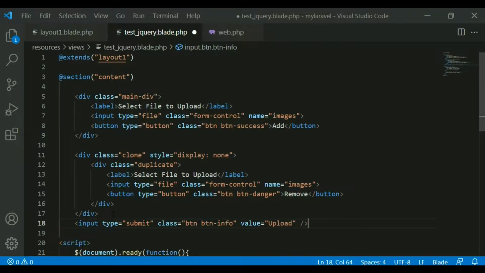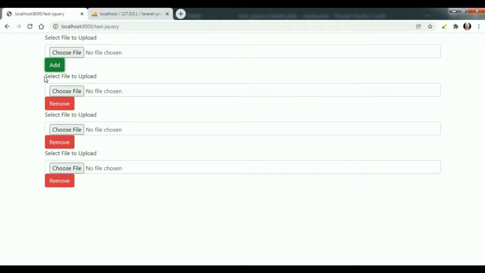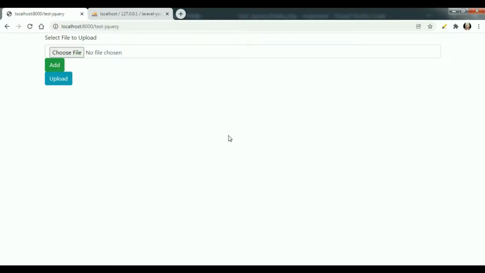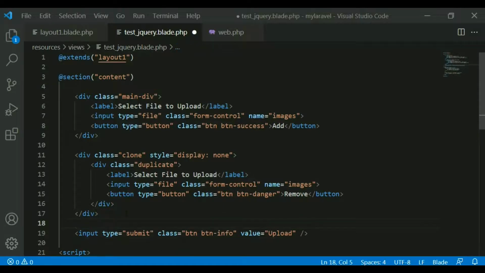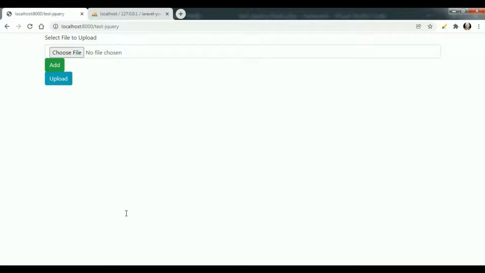Okay, so this is my input button, a submit button. If you refresh it, you can see the submit button here, upload. You can put an HR here to make it more visible. So this button is created.